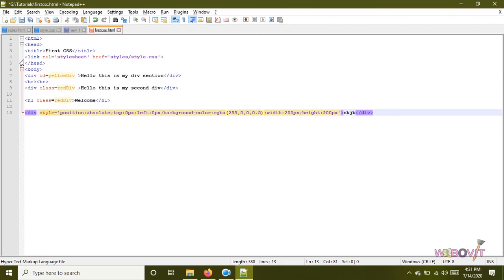Opacity starts from 0 and ends at 1. 0 means completely transparent, so you can't see the element, and 1 is the maximum, which means it's opaque. So 0.1, 0.2, 0.3, like that we will go. So 0.5 means 50% transparent.